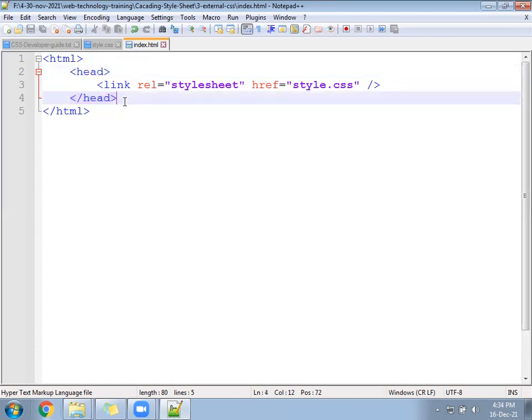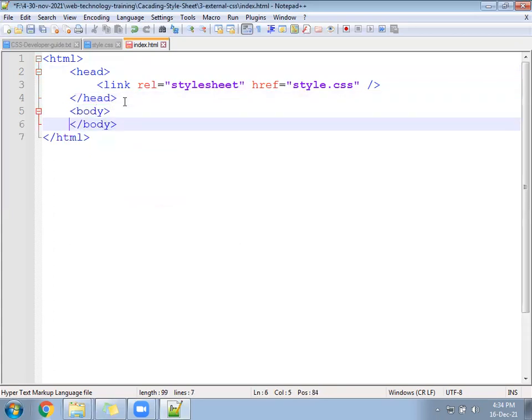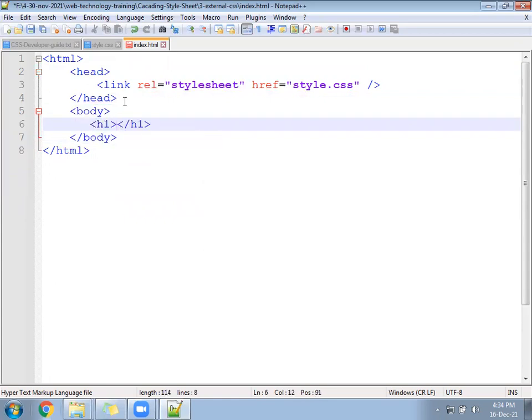Ready. Open the body tag and close the body tag. Write inside H1: Welcome home.